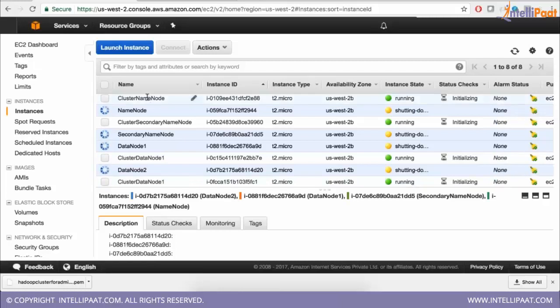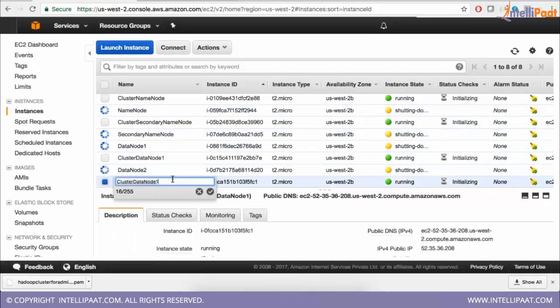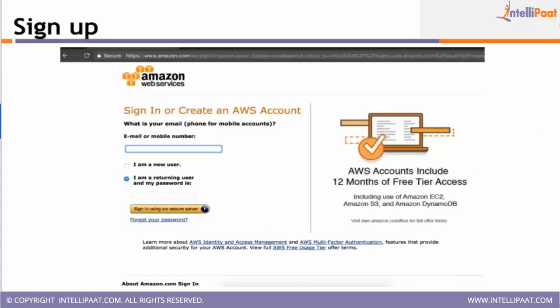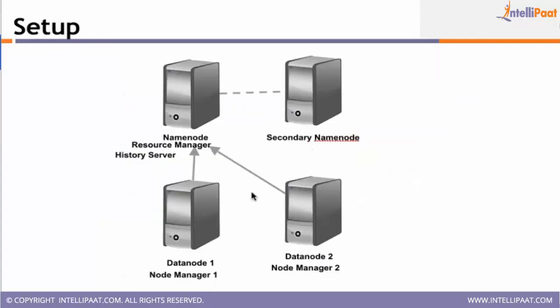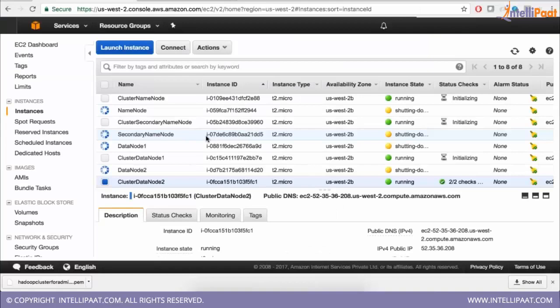First one is name node, second one is secondary name node, third one is data node 1, and fourth one is data node 2. So if you see our setup, it has name node, secondary name node, data node 1 and data node 2. We are going to use these 4 machines for installing that.